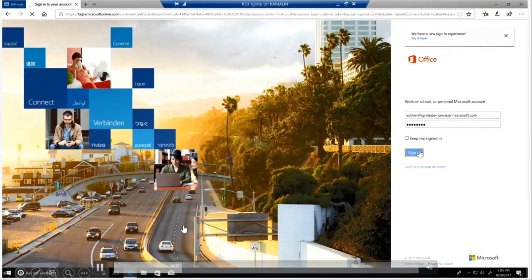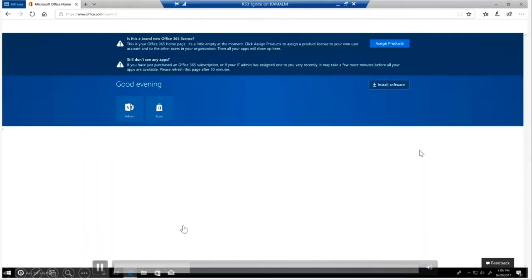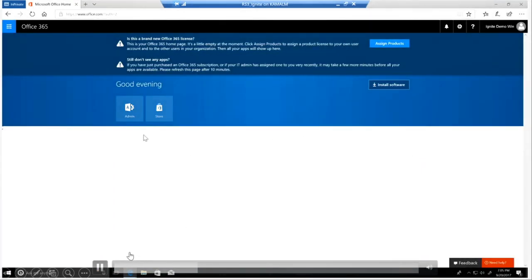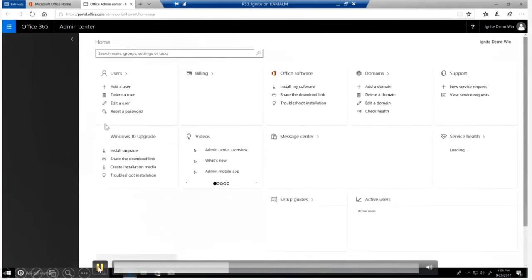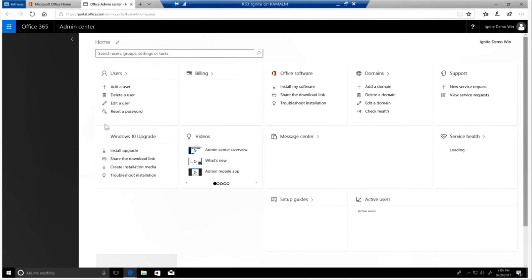Okay, so once you reach the admin homepage, what you're going to see is, again, multiple different options on that admin homepage. Some of those are installing Windows licenses, installing Office licenses, or if you want to know about security messages, this is your homepage on the admin portal. I'm going to ignore all that and focus on the task at hand, which is really adding